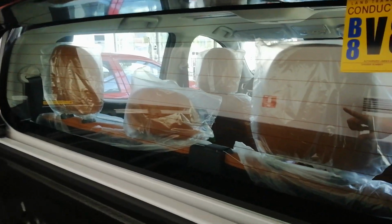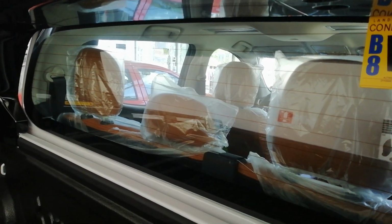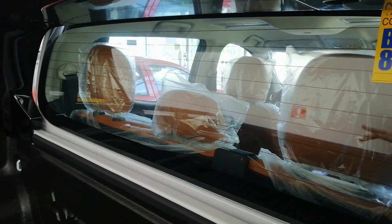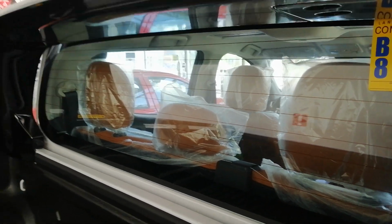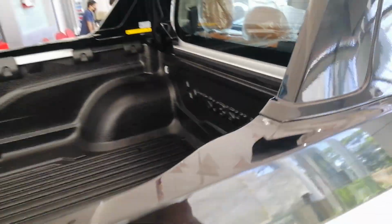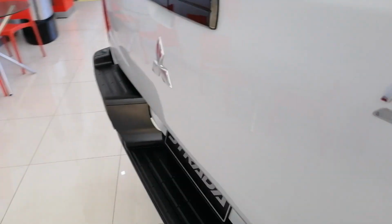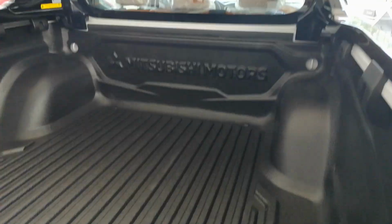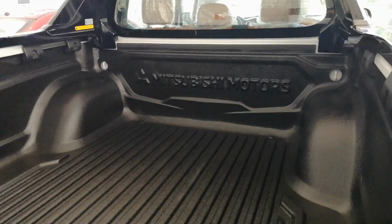Now what I really miss about pickup trucks is the window that you can open so you can throw your beer cans in there. Normally this would be sliding so you could talk to the people that are back here, or you could toss your beer cans through the window. But it doesn't have it anymore. Must be an 80s thing. I'm sure people in the comments will know what I'm talking about. The sliding rear window, so you could have access to the people that are...